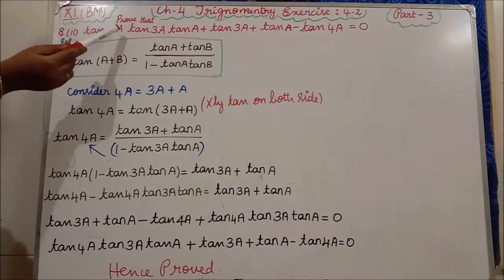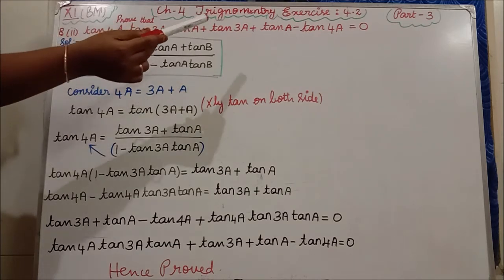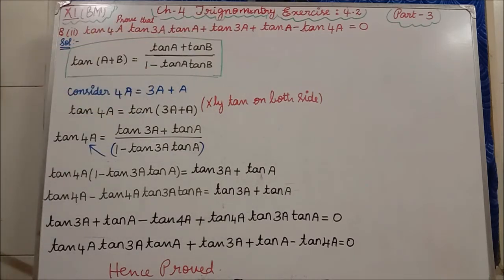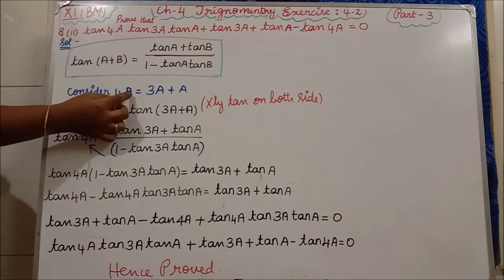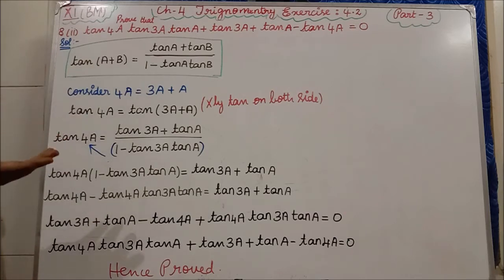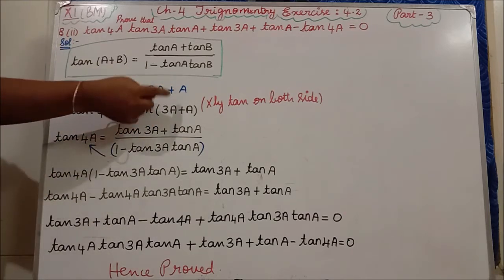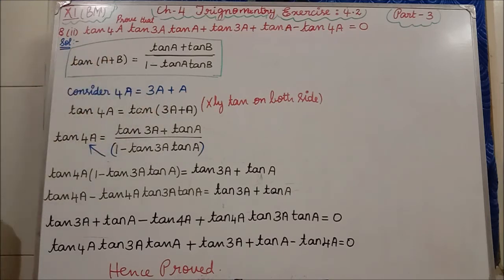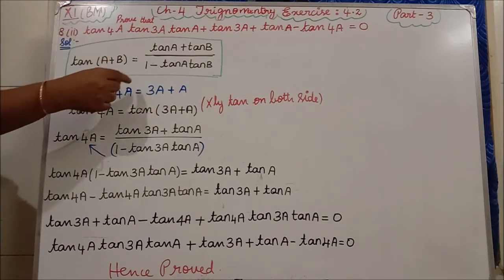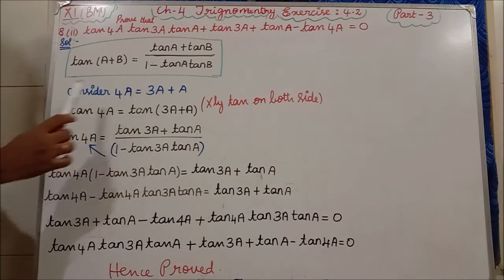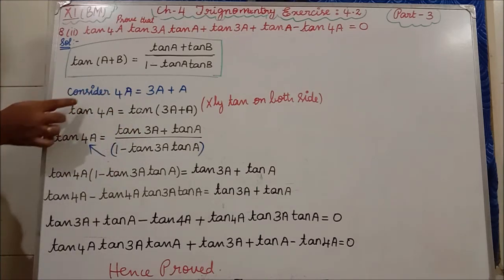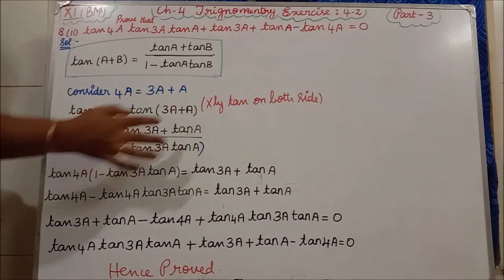Now if you see, we are having 4a, 3a, 3a, 4a. In that, which is the biggest? 4a is the biggest, so I am taking that 4a. I am splitting that 4a, which means I am writing 3a plus a. If you add 3a plus a, we will get 4a only. So I am splitting that: 3a plus a equal to 4a. The next step, I am multiplying tan on both sides. See, here also I am multiplying tan, here also I am multiplying tan.